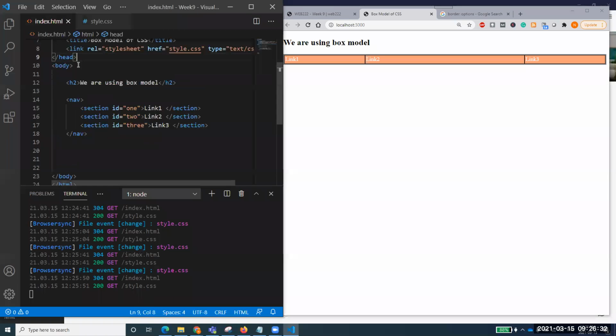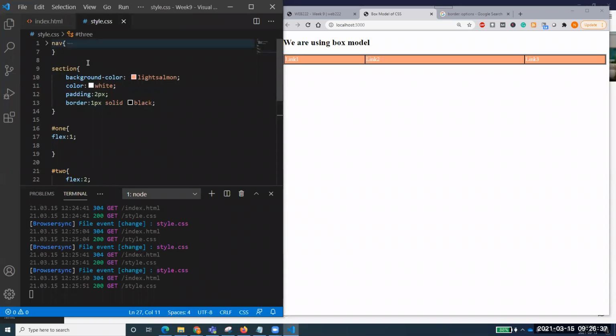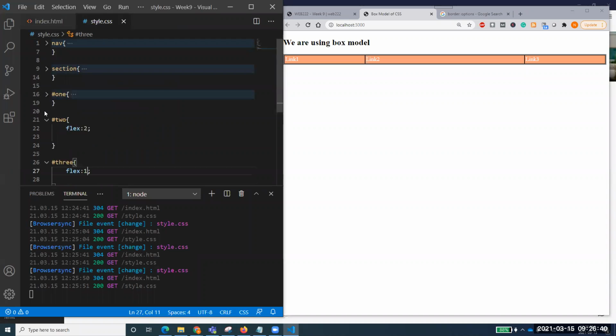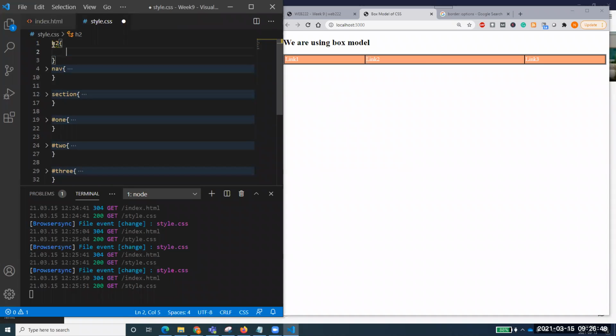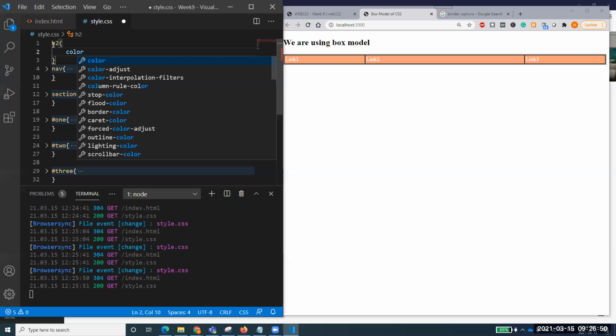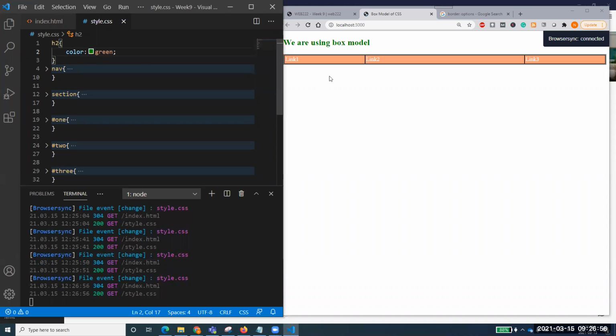And what does that mean? First of all, I have given this. The first thing is H2. What I can do is define styles for H2 as well. If I close all this and go here at the top and say H2, for example, you can always apply style on H2, say color green, whatever. So you just define styles according to your given classes and contents, and you will always be working on that.